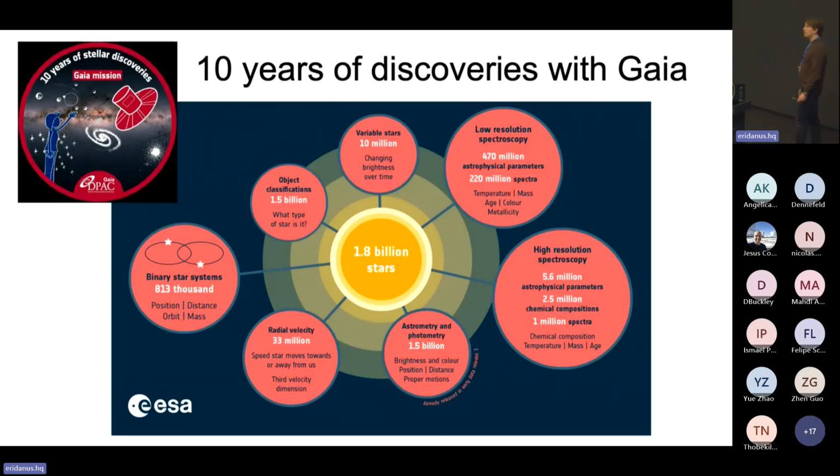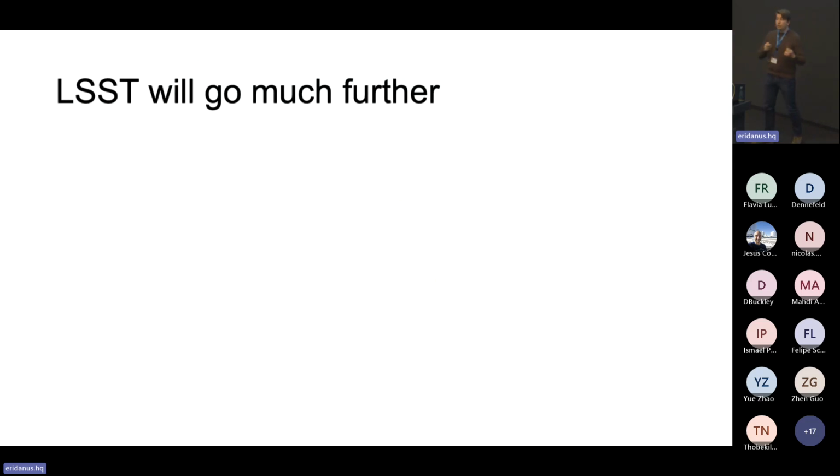In the latest data release, number 3, there were about 10.5 million variable sources in Gaia. That is already the largest single variability catalog for stars that was ever published, by a small margin. And in DR4, planned for the end of 2025 or so, this will be increased by an order of magnitude. So Gaia will deliver 100 million variable stars with chromatic variability due to the BP and RP spectrophotometers, and the G-band photometry, plus, of course, all the wonderful astrometry, proper motions, parallaxes, and so on, that will even allow to measure the astrometric motion of binary systems. But LSST will go much further.